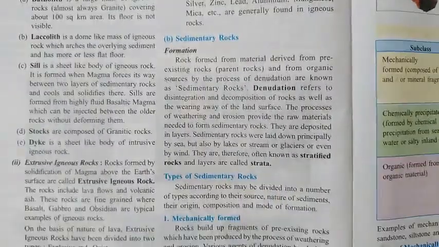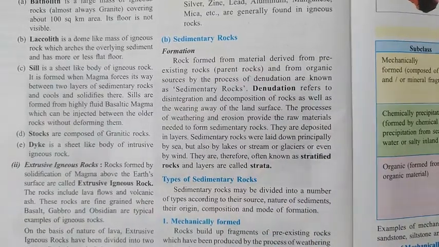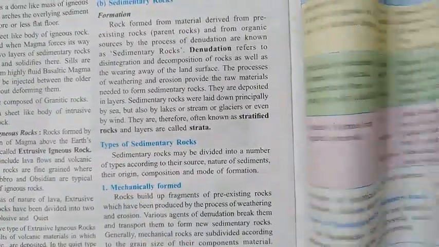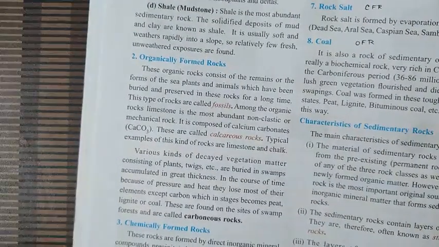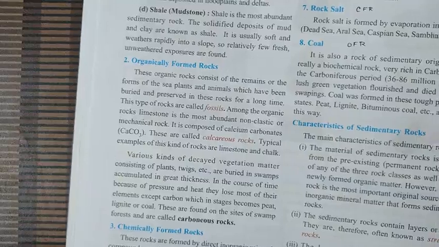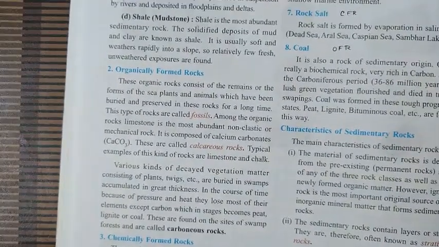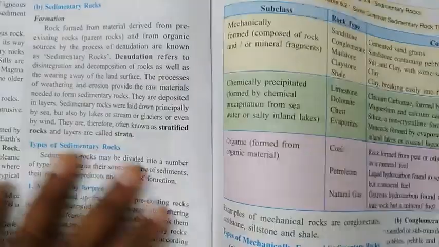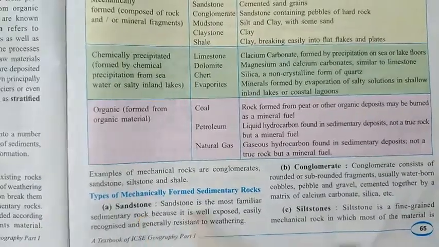Now let's see all the different types of sedimentary rocks. First of all, they can be classified into three important types. First is the mechanically formed rocks, and we'll see afterwards different types of mechanically formed rocks. Second is the organically formed rocks, and third is chemically formed rocks. So all types of sedimentary rocks are kept into these three categories. Now when we see the mechanically formed rocks, there are different types, like sandstone, conglomerate, siltstone,